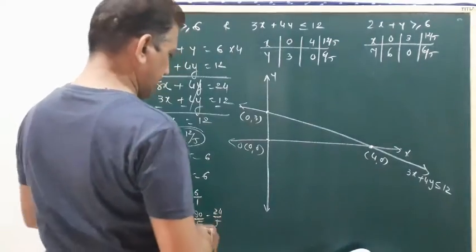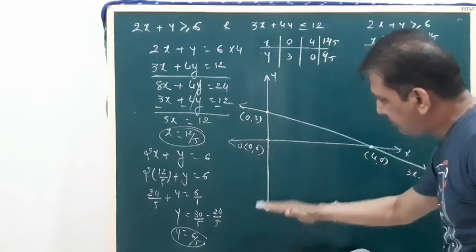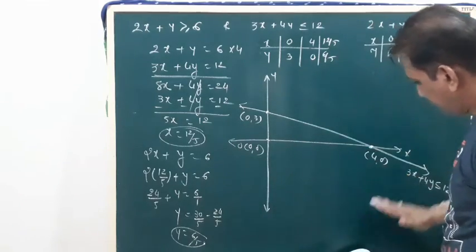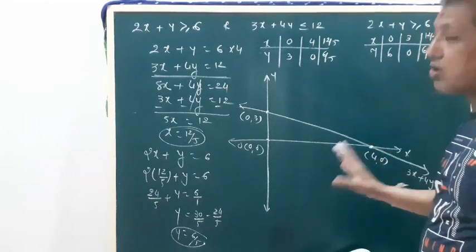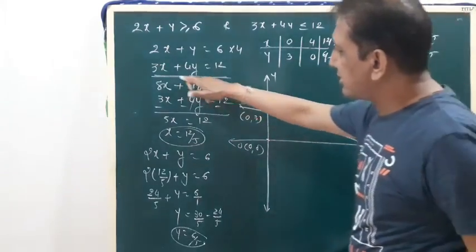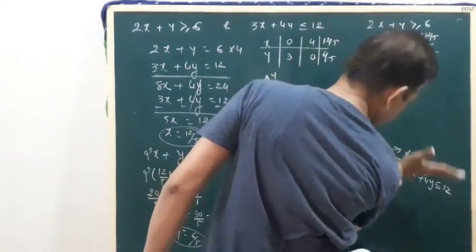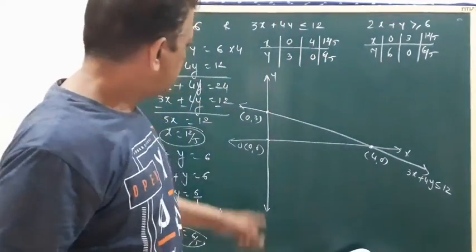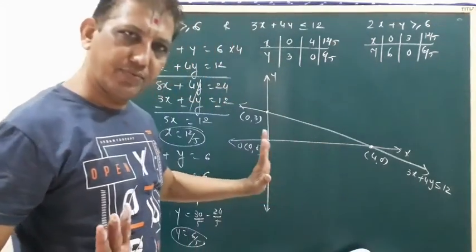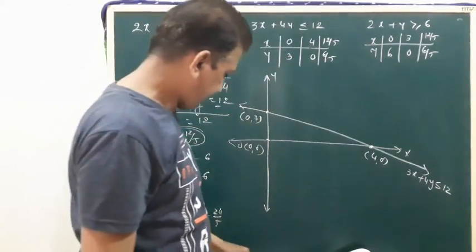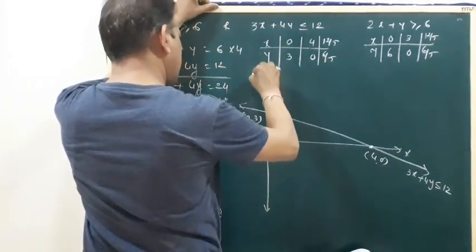Okay. Now here is the graph of this portion, the lower part. All the points. Right. Here there is no condition of only the first quadrant. You can draw in any quadrant. Okay. You can extend this line here, and the lower part is common. Okay. You can extend this one also. The lower part is common. So this line's lower part is our graph. First line. Now the second line. 3, 0 is here. And 0, 6 is here.